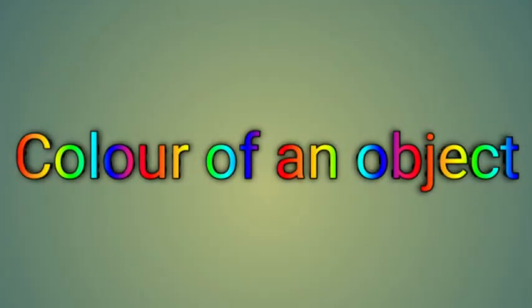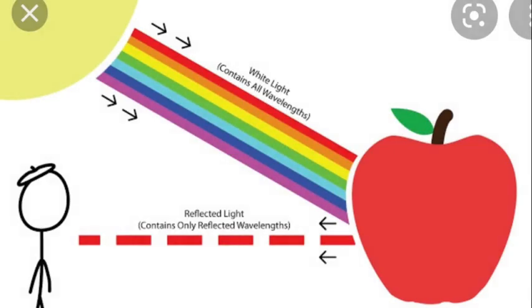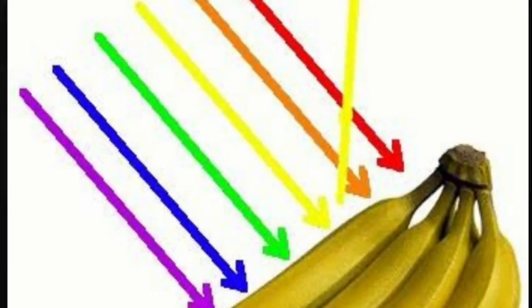Color of an object. The color of the object that we see is largely due to the interaction of the object with the incident light. The color of an object is not within the object itself. Rather, it is the light that shines upon it. When light of certain wavelengths falls on the object, the wavelengths that are absorbed never make it to our eyes. The light that is reflected contributes to the color of the object.